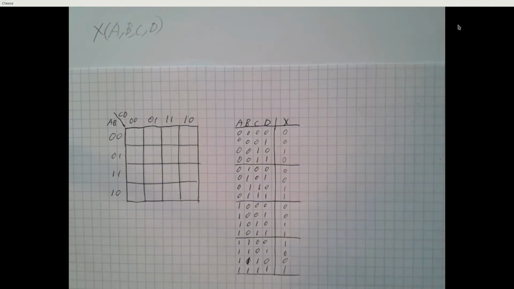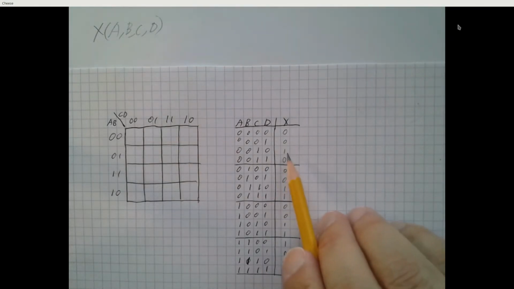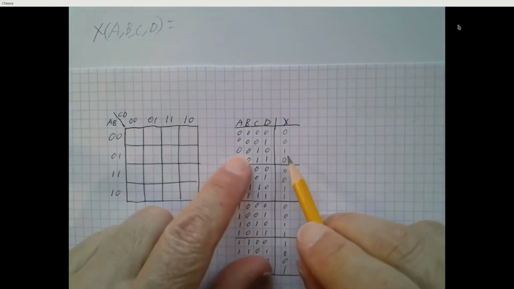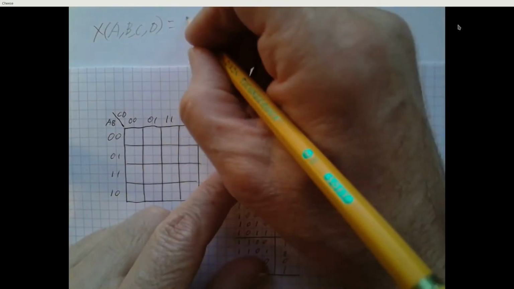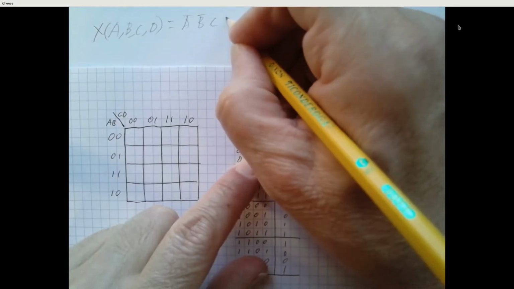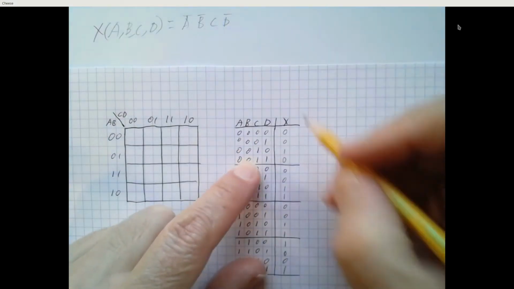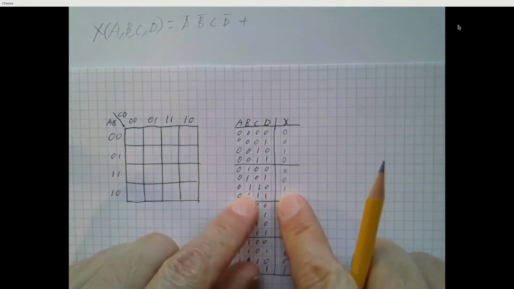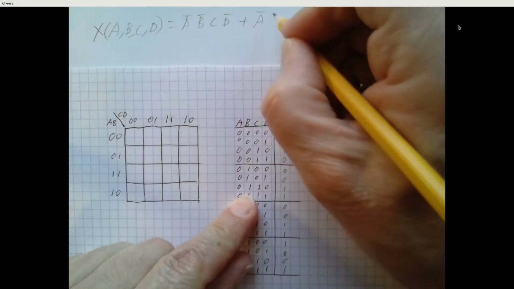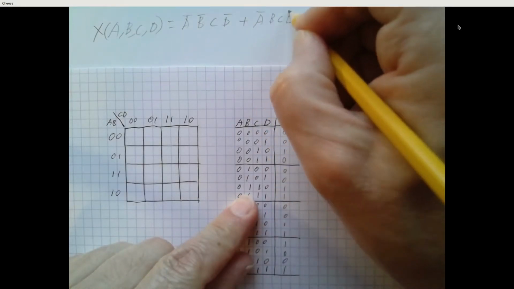Okay, now we know we can write a sum of products expression by just writing a minterm everywhere that we want our output function to be a 1. So we could actually say that this is equal to, for example, this 1 here corresponds to the complement of A, ANDed with the complement of B, ANDed with C, ANDed with the complement of D. And we could add the minterm corresponding to this one down here, which is A bar, B, C, D bar,